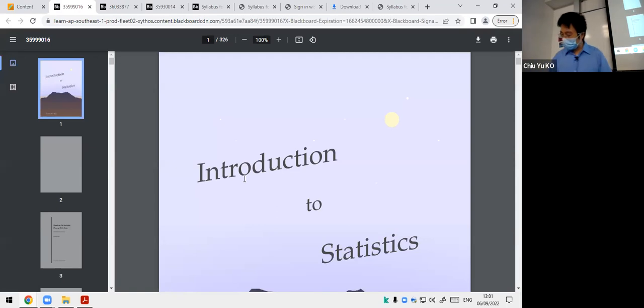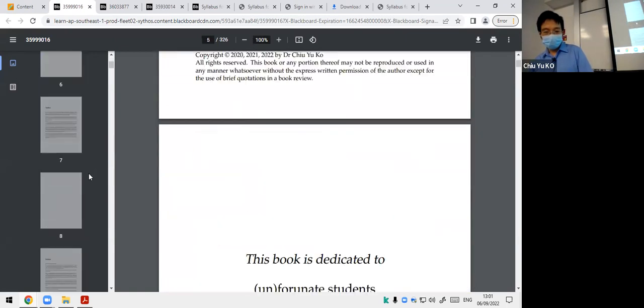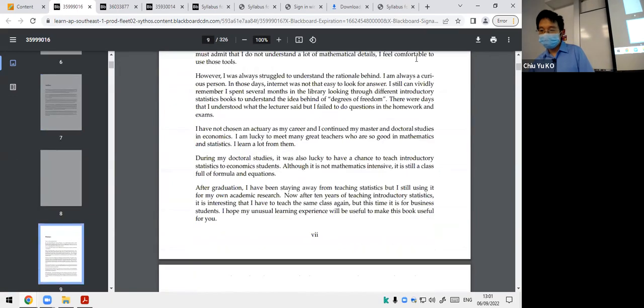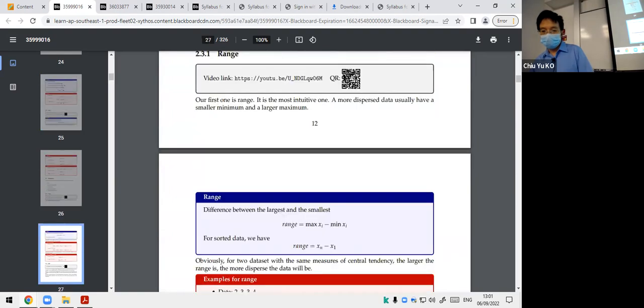And for this class, I have created a textbook. It contains everything I want to say, and also some extended material. As a student, I don't want to buy books because they're heavy, and in statistics there are too many books in the library. So I try to get what I want to say in here. Of course, this one contains more than I want to say. The most useful thing in this book, I would say, is the exercises. The book contains exercises with full solutions.